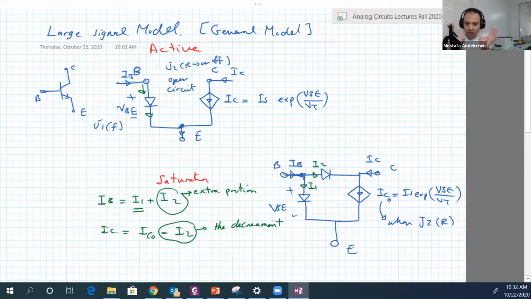So one current, which is I2, is added somewhere and decreased in another way with IC. Okay, so that's the basic model that we're going to use to